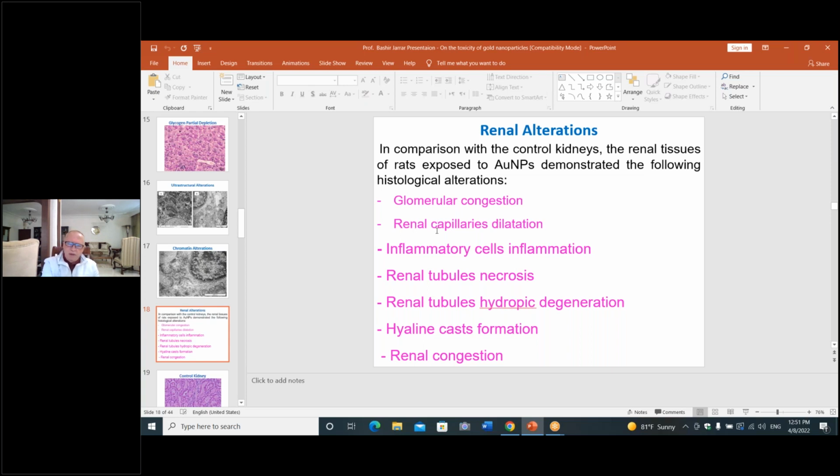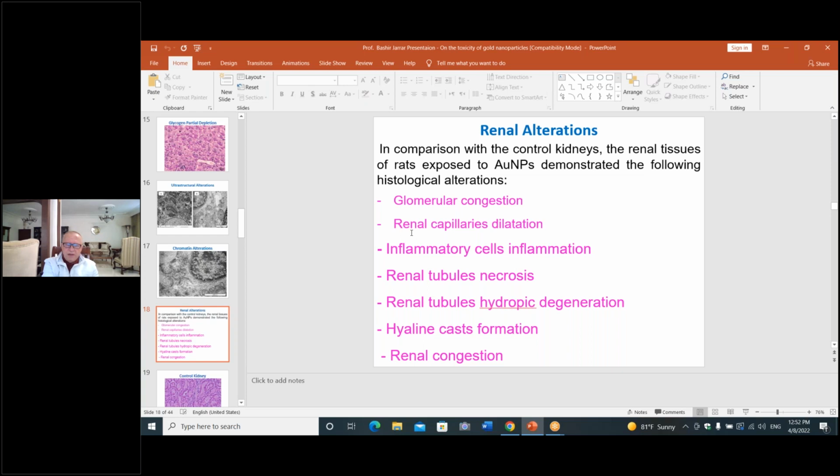In addition, we found that the nanomaterials caused renal capillary dilatation, inflammatory cell infiltration, and necrosis. There was necrosis in the renal cells, those cells that line the renal tubules, where the reabsorption of materials occurs. If they are necrosed, then they will lose their function. They can't reabsorb the necessary materials. Moreover, we found that there is hydropic degeneration, the entrance of water to the renal cells,